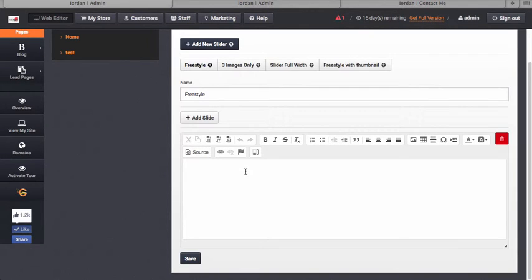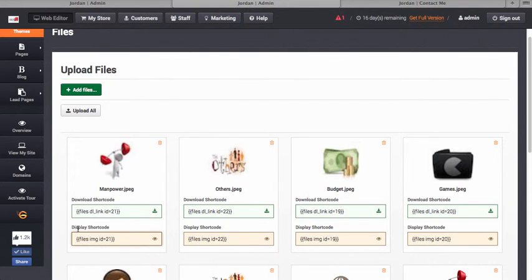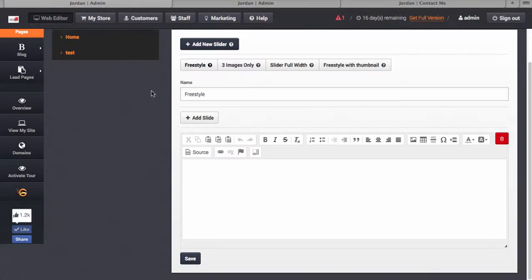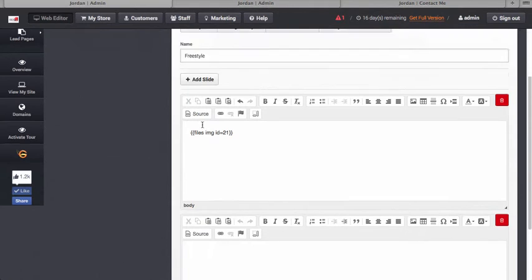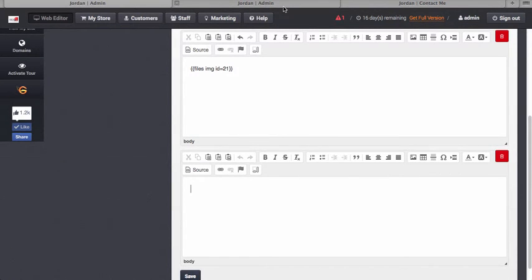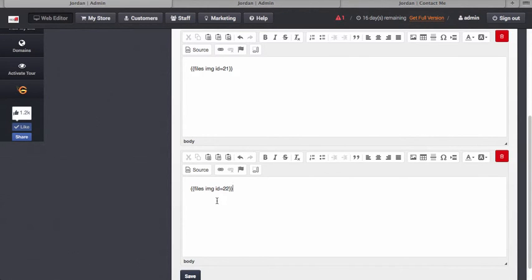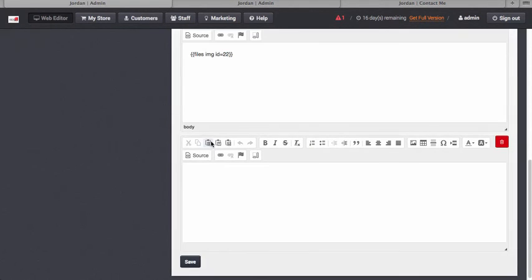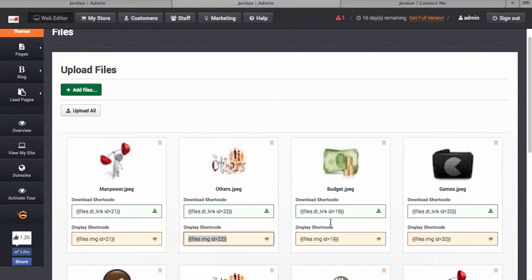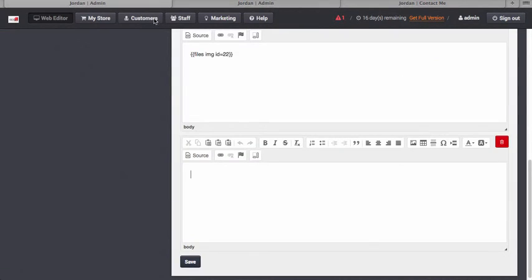Okay, each slide can only contain one image because it is not a collage. So let's say first slide, I put this picture and I add new slide. You can see that a new field has appeared. Copy this code, paste it, and create one more slide. It will appear here. Copy the third picture's shortcode, paste it here. Now if I click save,